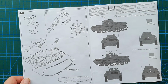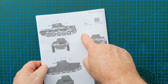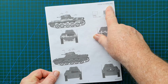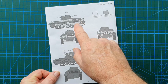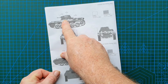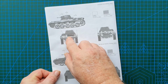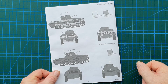Right, and then we get to painting her. So you've got 1, 2, 3, 4. So this is an unknown unit in the Balkans in 41. So that would be probably anti-partisan duties. For some strange reason, Italeri has printed the tank number backwards. Whether that's the way it's supposed to be or not, I'd have to use an internet reference for that,